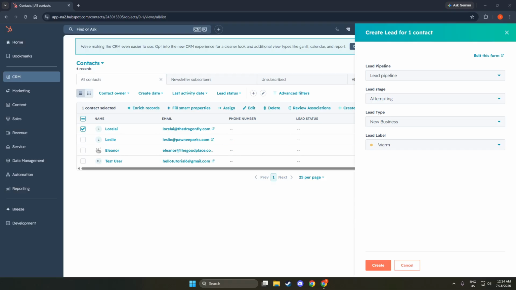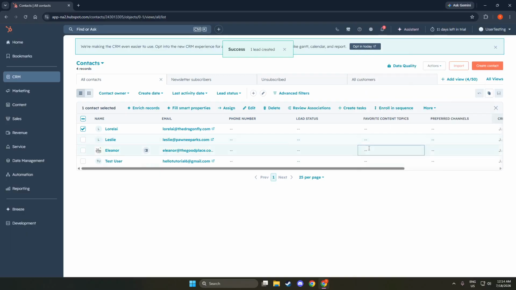After that, add lead details. This is where you will input crucial information such as lead name, lead owner, lead status, and any notes or activities related to this lead. Each field is important. For instance, the lead name identifies the potential customer, while the lead owner indicates who in your team is responsible for this lead.